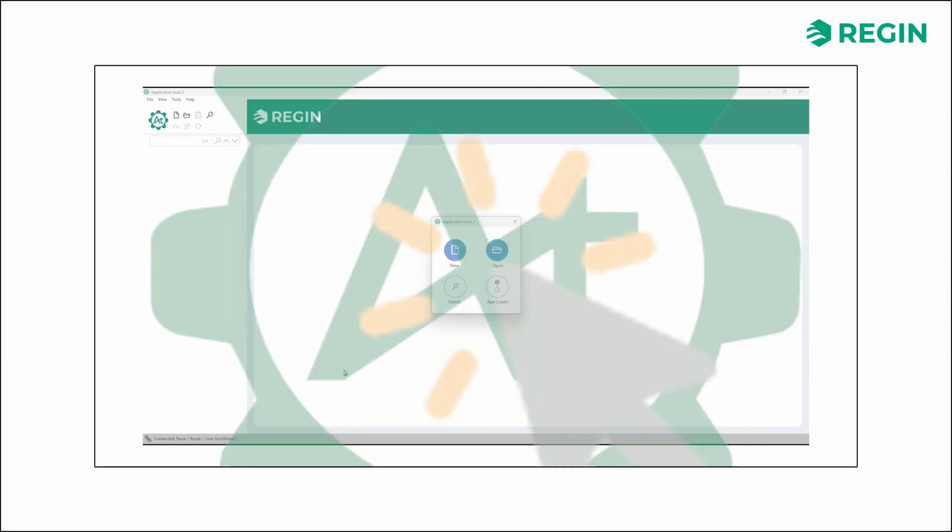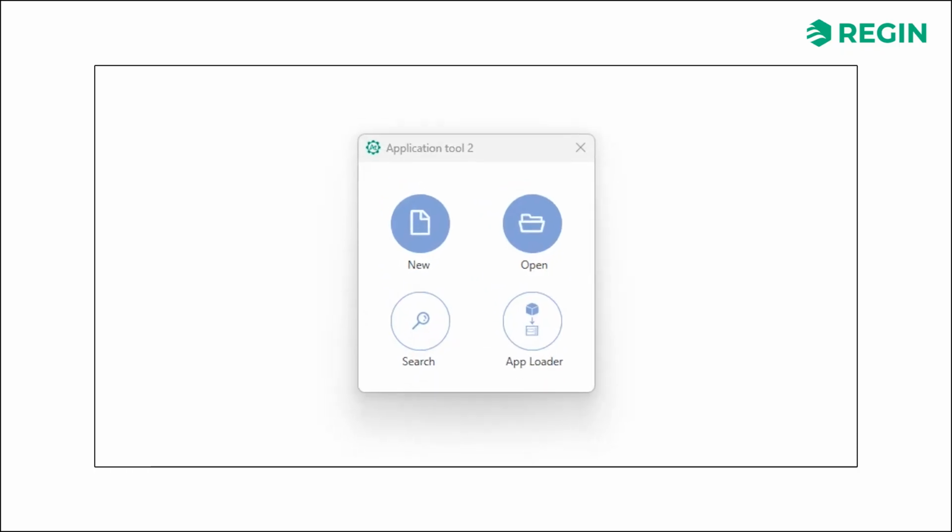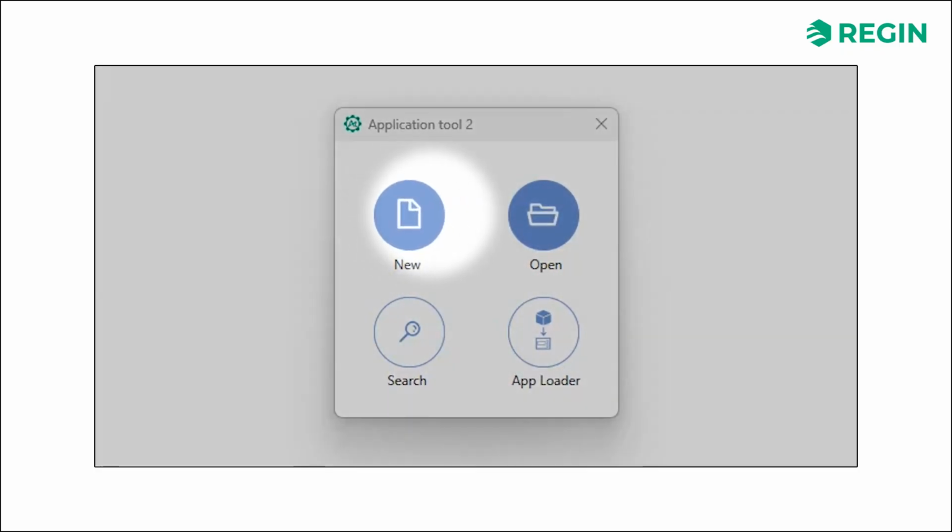When launched, Application Tool 2 opens a dialog where you can create an offline project, open an existing project, or search for a device via either serial connection or a network. The Apploader function can be used for just upgrading a controller. To begin with, let's not worry about connecting a controller. In Application Tool 2, we can create the configuration first, before connecting and downloading it to an actual controller.